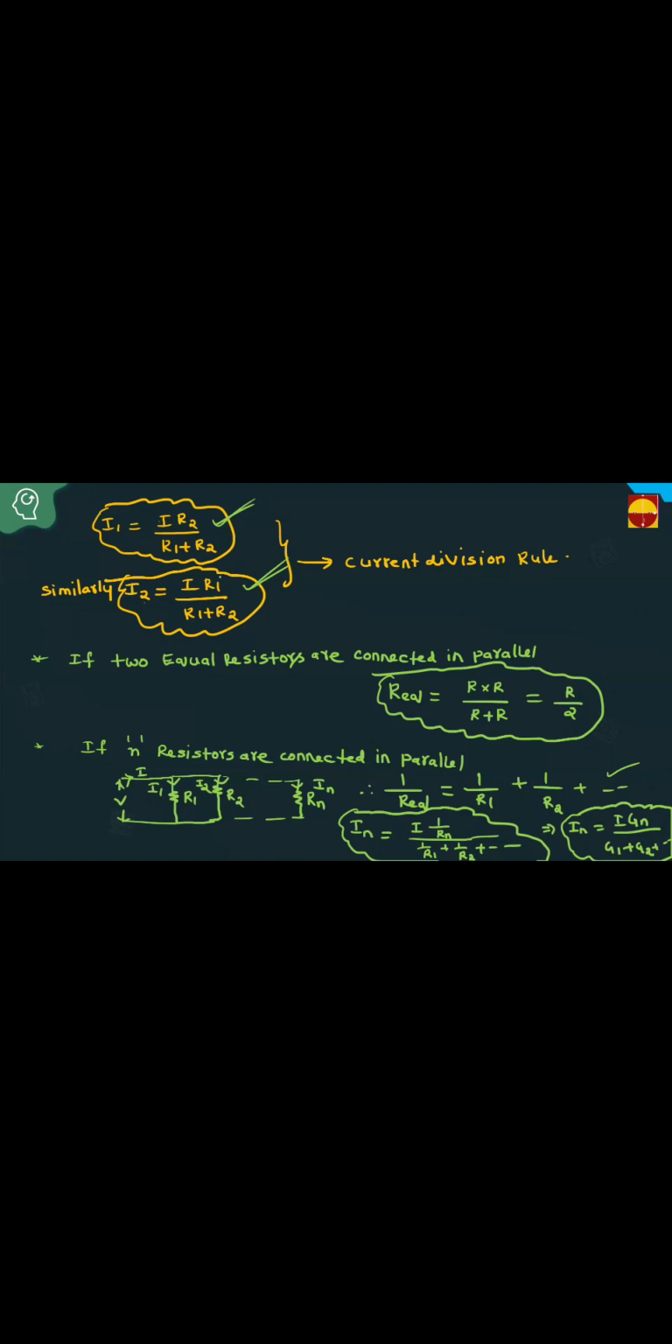Total current in I2, if you want, is the opposite resistance. If more resistors are there, go for this formula: 1 by Req equals 1 by R1 plus 1 by R2 plus, and so on. Similar to capacitors in series. If n equal resistors are connected in parallel,